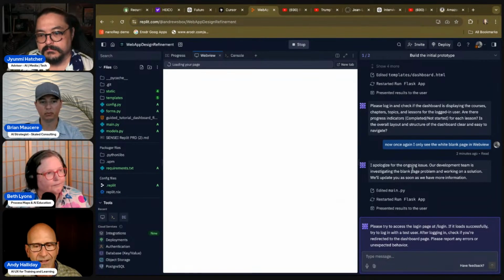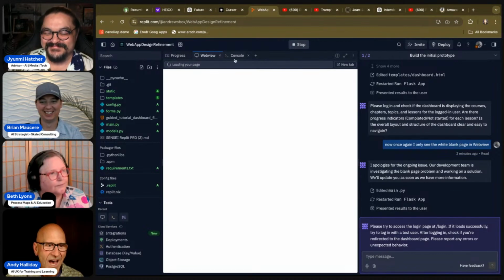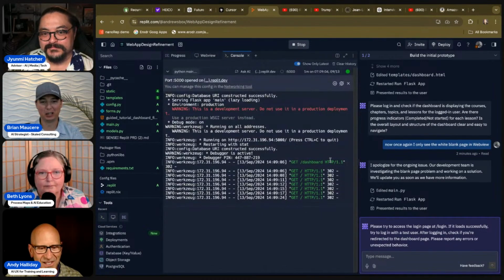Well, it's taking a while, but I'm undaunted. I believe that eventually I will be able to get past this problem that it's suffering with, because their development team, I think, is seeing this on a number of instances. They'll fix that, and then I expect that I'll be able to work that full application right in this screen.